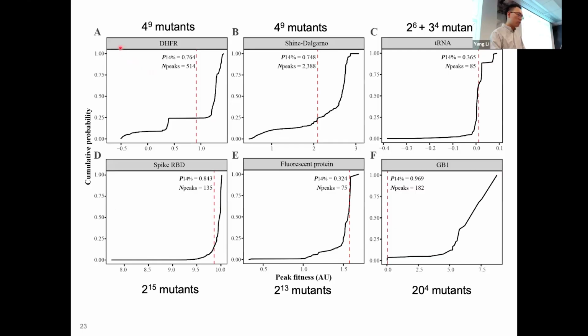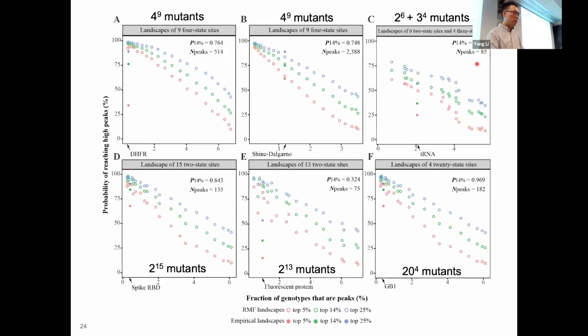So let's go back to the six empirical landscapes. The landscapes are different in size, and the number of variants is different. And we want to use the Rough Mount Fuji model to simulate and understand what factors of the empirical landscapes contribute to reaching a high peak with high probability or with no probability. So we simulated